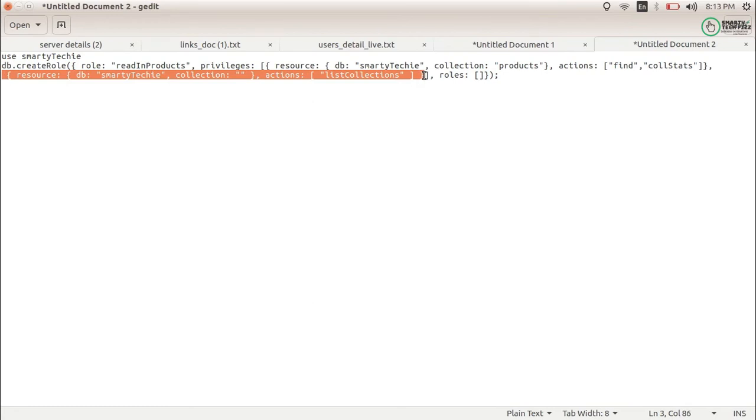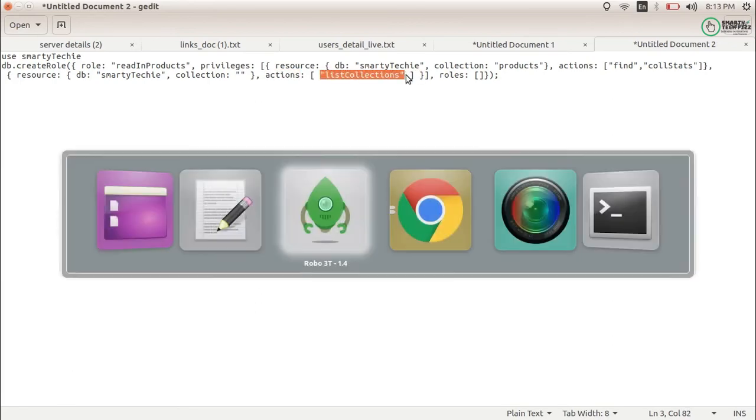Now after collection stats, I have provided this. Why have I provided this? I will tell you: on Smarty Techie it should be able to use all the collections, but for all the collections it will permit the action of list collections. Why am I providing list collections?